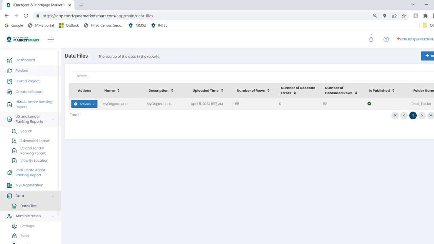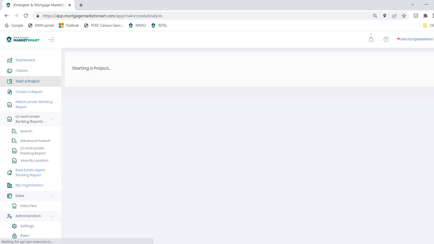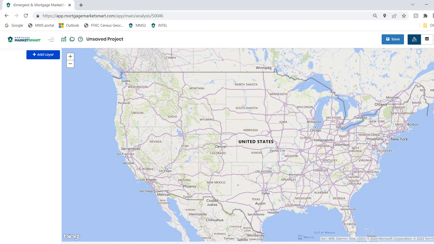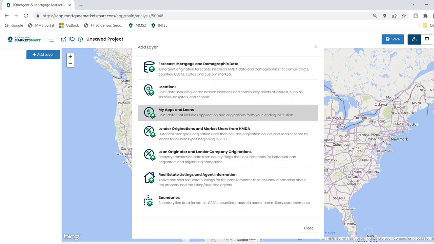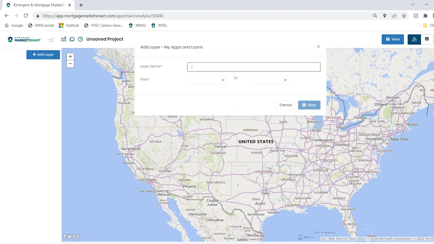So now when I go to the dashboard, start a project, and go to add layer, here I can go to my apps and loans, select that, call it